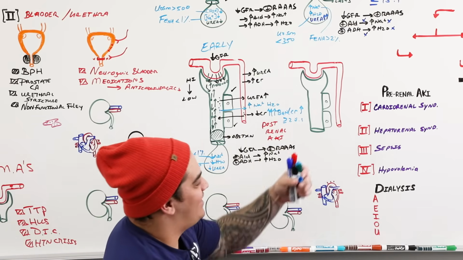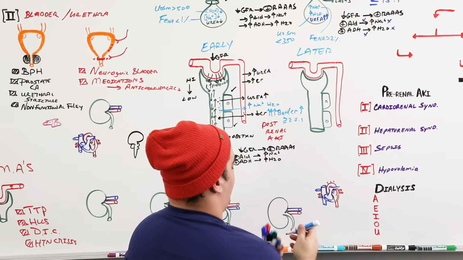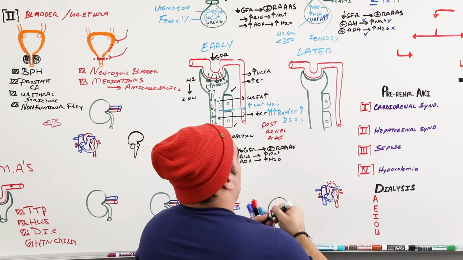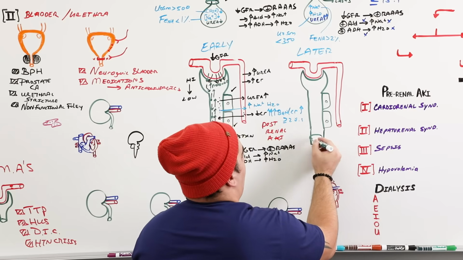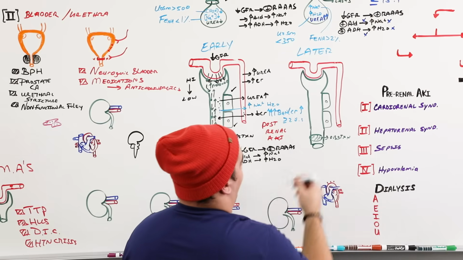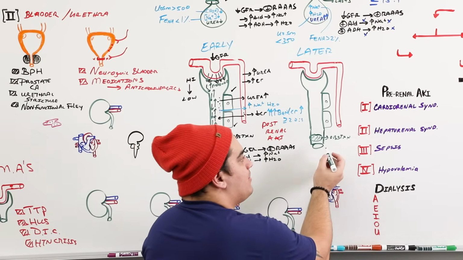Now, what do you think happens in the later stages, guys? In the later stages of someone with a post-renal AKI. Let's kind of elongate that tubule just a little bit. You elongate the tubule a little bit, right? And just imagine that this is some kind of obstruction that's taking place. Again, we're kind of shorthanding this obstruction. But you have a tubule that's actually blocked there. All right, so we have this obstruction here, right?